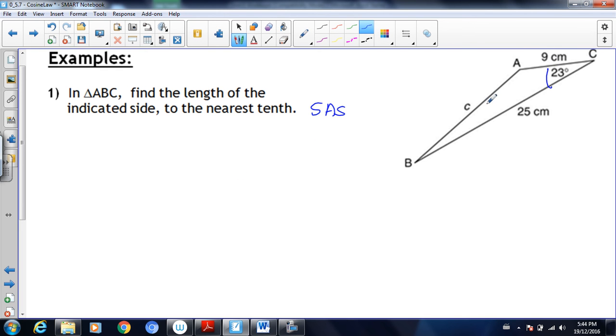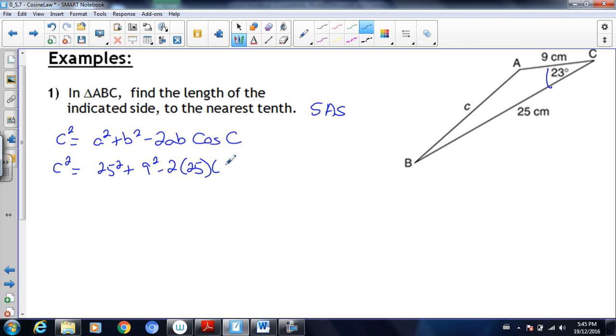So let's set up our cosine law according to looking for side C. C squared is equal to A squared plus B squared minus 2AB cos C. Now that I've written it out in terms of what I'm missing, I can fill in what I know. C squared is equal to A, which is 25 squared, plus B, which is 9 squared, minus 2 multiplied by 25 multiplied by 9